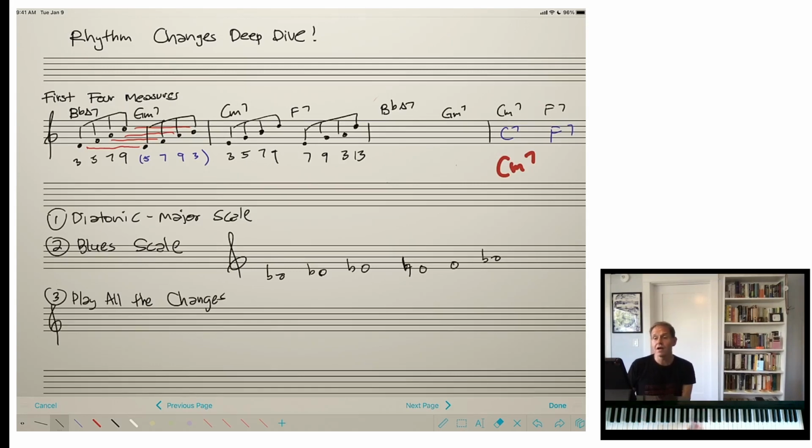Not bad. And then the next thing I would do is I would practice connecting them by reversing every other arpeggio. So I'm going to play the B flat major 7 arpeggio up, the G minor 7 arpeggio down, C minor up,